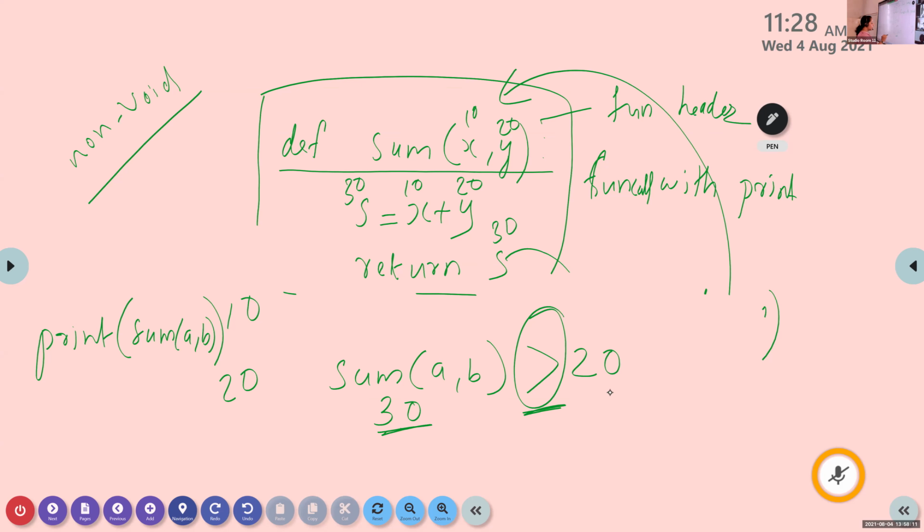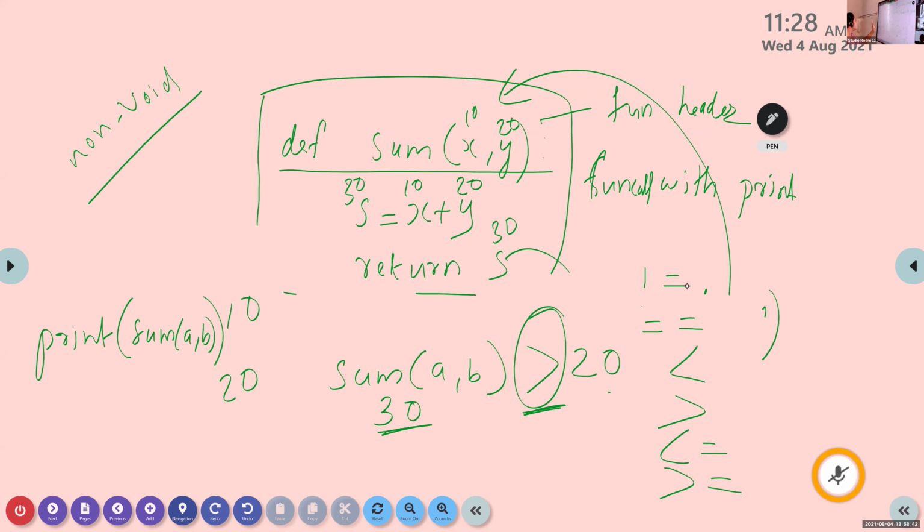So using function call statement, we can use relational operators also. Along with function call statement, we can use relational operators like less than, greater than, less than or equal to, greater than or equal to, not equal to. Okay. So along with function call statement, we can use all these relational operators.